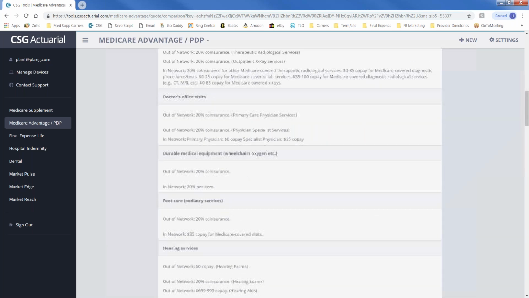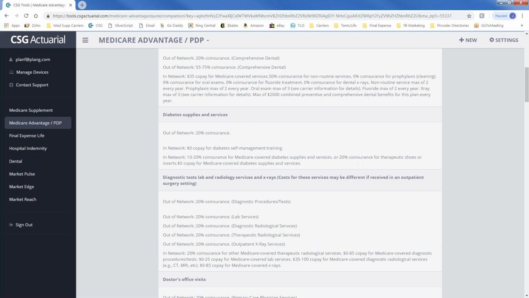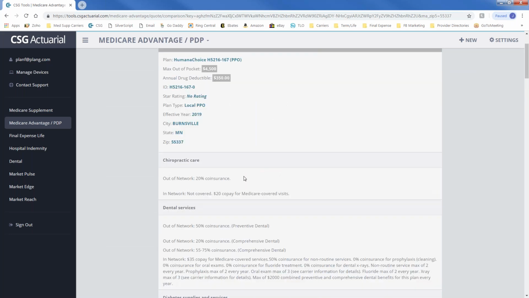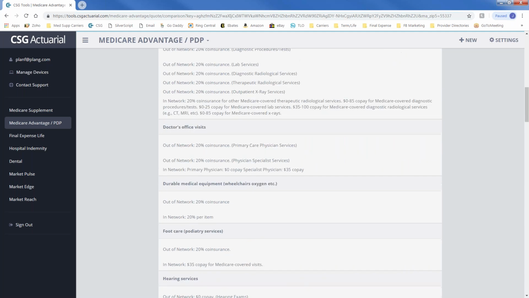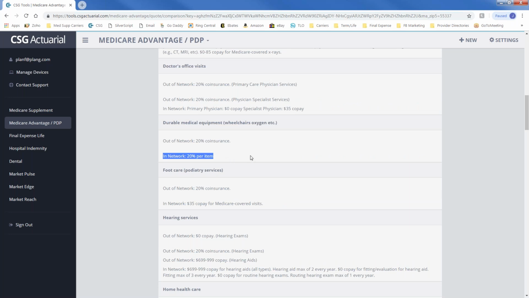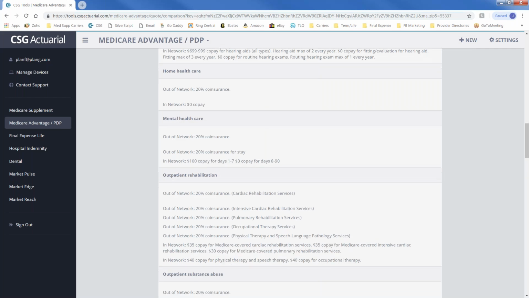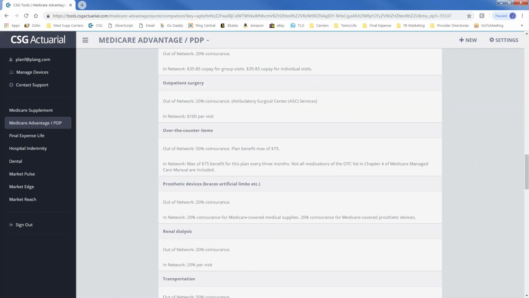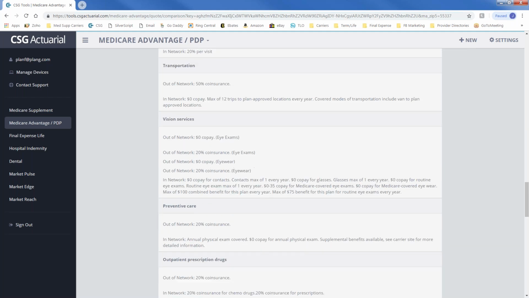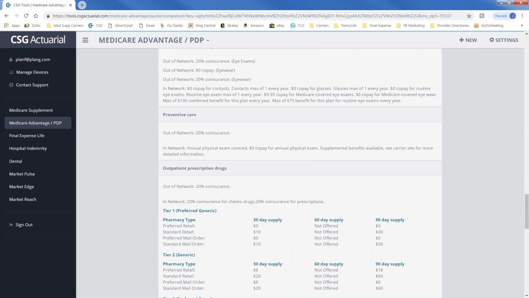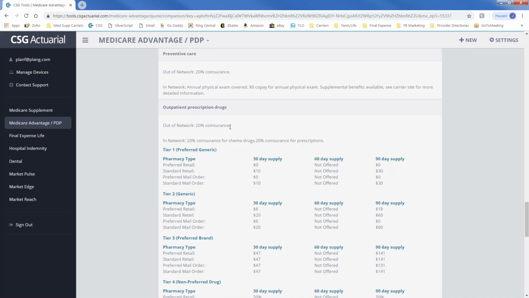Let's see, diabetes, dental. Cancer is just not listed here, but I can tell you cancer, injectables and things of that nature are typically 20%. Durable medical equipment, 20%. I'm just going to scan this one more time. And again, this is not the system that you're going to use to explain these benefits. You have to do it from the plan's specific summary of benefits. This is just for you. Here we go. Out-of-network drugs, 20% for chemo, right here. I'll just draw it really quick. 20%